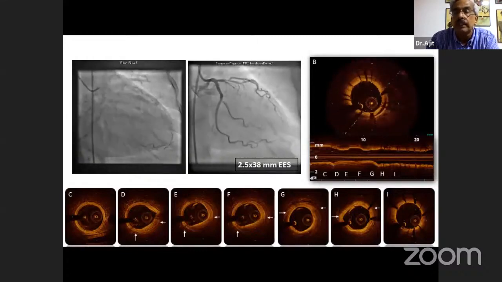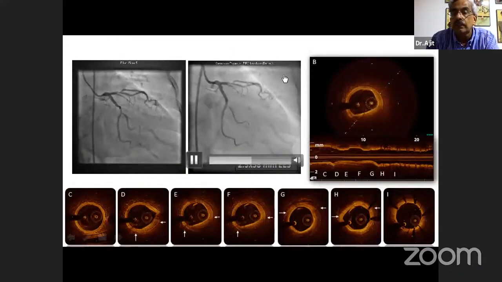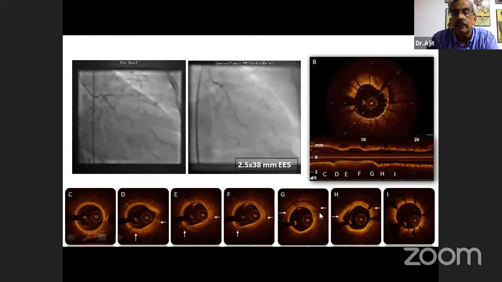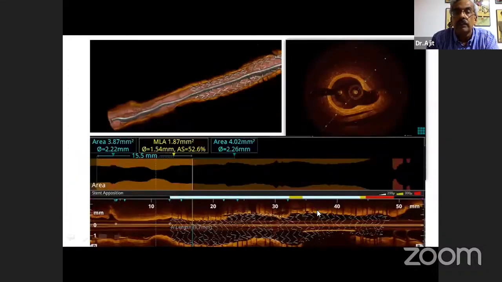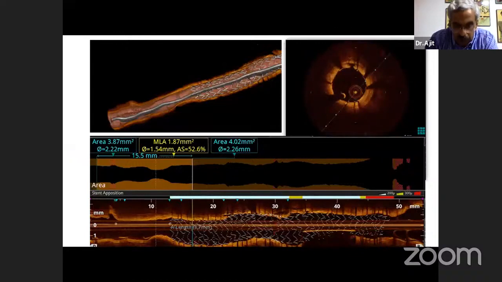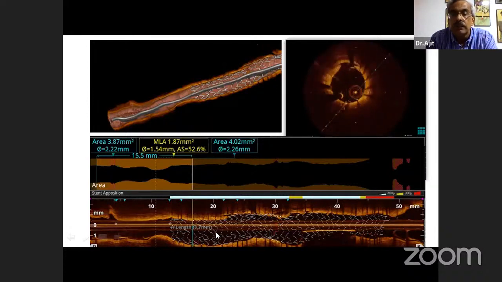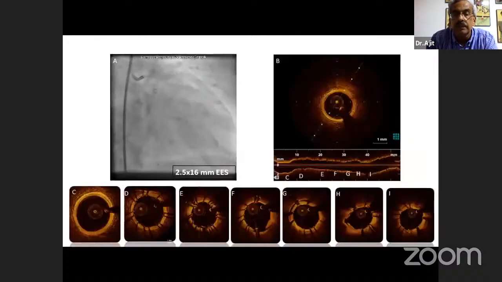This is a patient who had an intramural hematoma, and you can see the intramural hematoma quite nicely here. Right now here, you can see it beautifully. And we have to put another stent to fix the whole thing. So you can have some very pretty pictures. I'm not going to go into these pictures for the brevity of time, but OCT can really reconstruct the vessels beautifully. You can see the stents, how nicely they are put, whether they are malapposed, whether they are deployed properly,